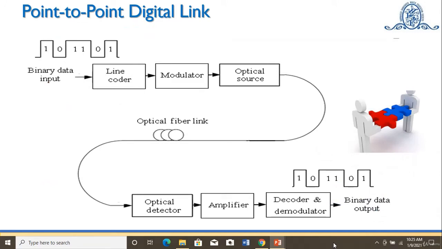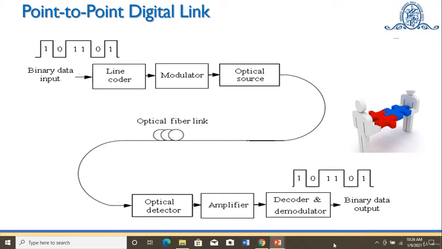This is the block diagram for a point-to-point digital link. Digital data transmission is more advantageous than analog transmission. The analog signal is converted into digital pulses by pulse code modulation. The different stages involved are sampling, quantizing and encoding, and the digital data in the form of pulses is then line coded using different techniques such as return to zero, non-return to zero, and phase encoded,